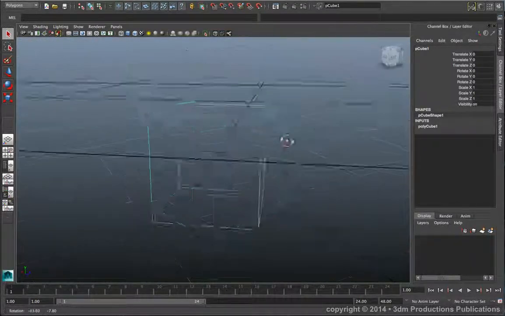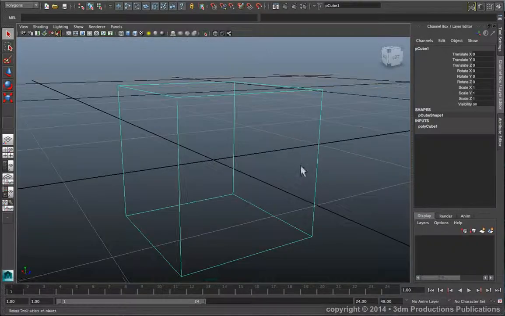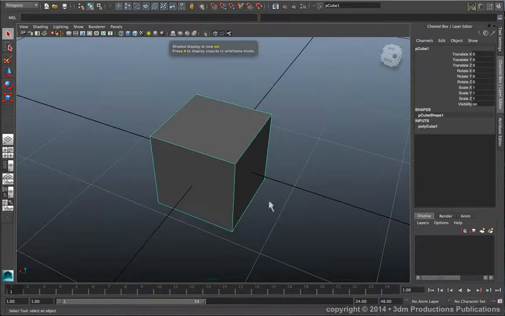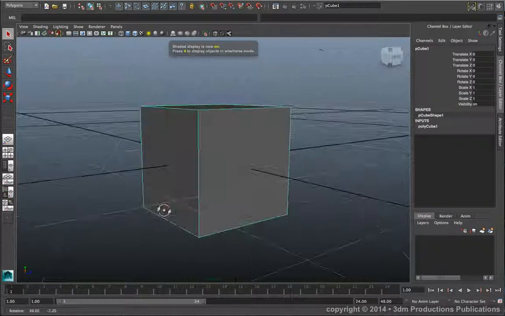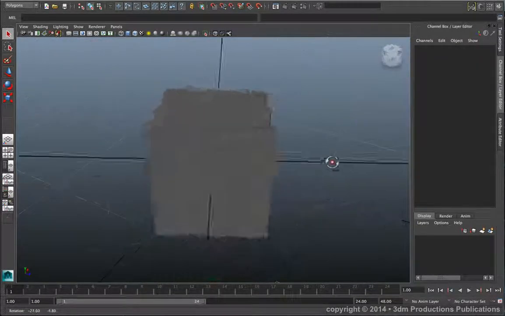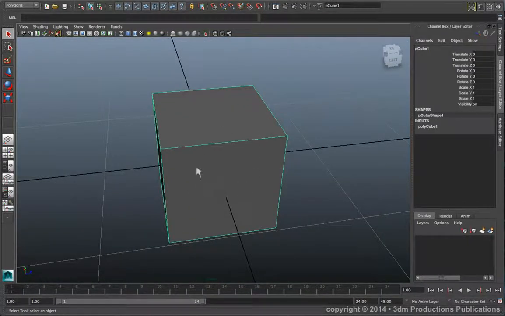Now, to begin with, when you first create a cube or any piece of geometry in Maya, unless you have shaded mode active, you're going to just see what's called the wireframe. If you press 5 on your keyboard, it'll actually shade in your geometry. Now, what you're seeing is essentially the shape of the geometry, which itself is actually not a top-level component, so